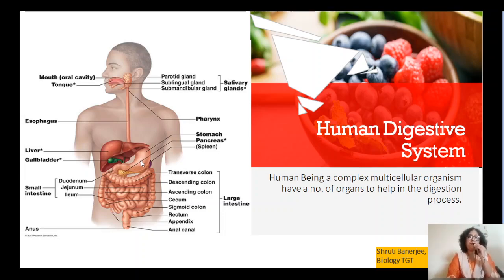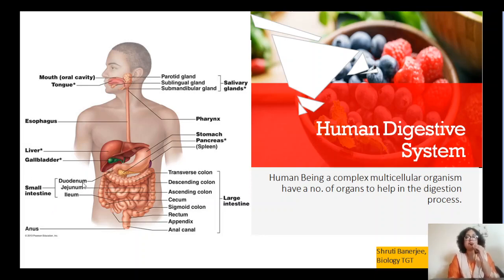Now the food moves from the stomach to the next stage, that is the opening of the small intestine. This opening of the small intestine is known as the duodenum. Okay, the small intestine is divided into three different sections: the opening is known as the duodenum, the middle section is known as the jejunum, and the ending section where it joins the next organ, the large intestine, is known as the ileum, right? So even if you don't remember the complete names, just remember that the small intestine opening is known as the duodenum.